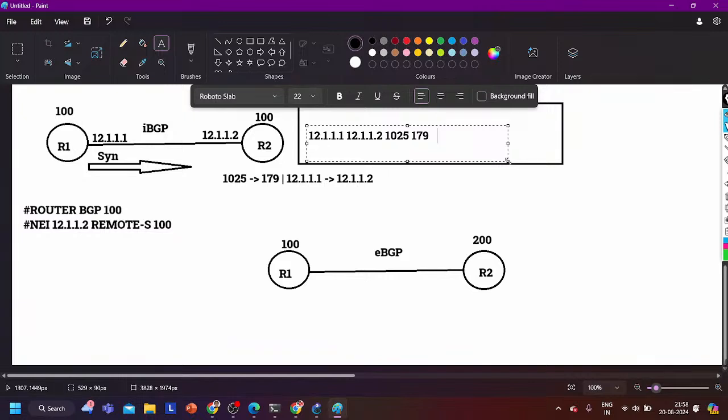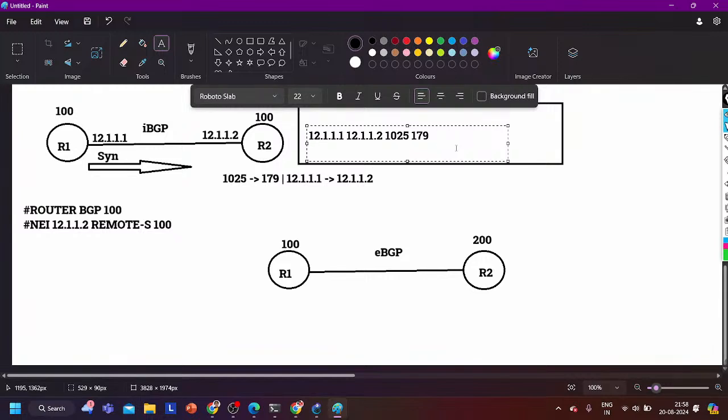If you are troubleshooting the BGP protocol, let's suppose between two companies BGP neighborship is down. Before troubleshooting BGP, you are going to troubleshoot the TCP table. Why? Because until and unless two routers form a TCP connection, a logical connection, they will not form BGP neighborship. They cannot even share BGP messages.